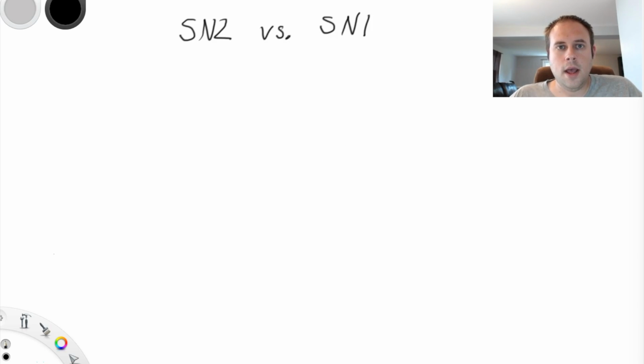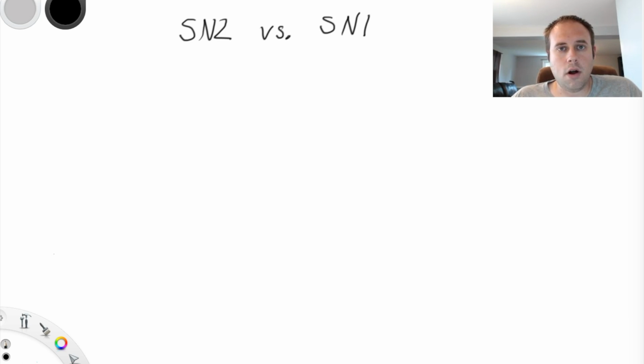All right, everyone. I want to do a video on SN2 versus SN1. This is a question that comes up a lot from students, which is how can I determine if I have an SN2 or an SN1 set of conditions when I'm just given the reagents and I'm not shown the mechanism? And this is something that you can usually gather just from the synthetic steps or reagents that are present in the reaction being proposed. Certainly if you have access to the mechanism at an undergraduate level, you should know because